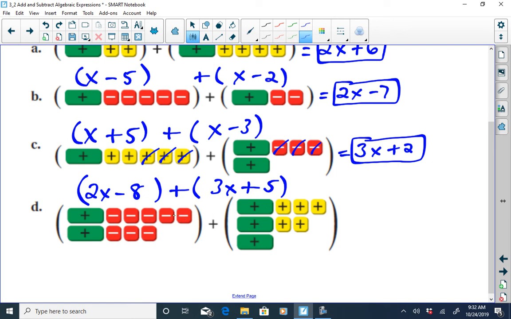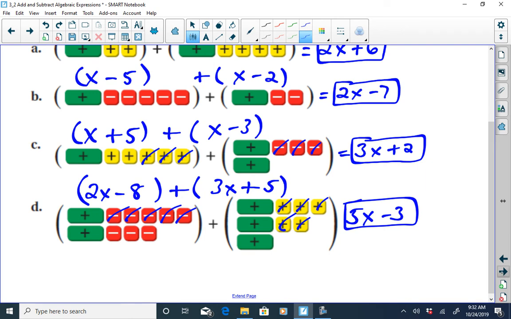So I'm going to undo those opposites. A negative 1 and a positive 1 is a 0 pair. There's another 0 pair, another 0 pair, another 0 pair, another 0 pair. So I'm still left with 1, 2, 3, 4, 5 x's. And then I'm left with 3 negative 1s, so that's going to be 5x minus 3. So that's what it would look like using the models to represent the addition of your